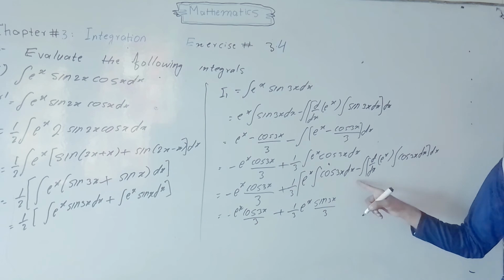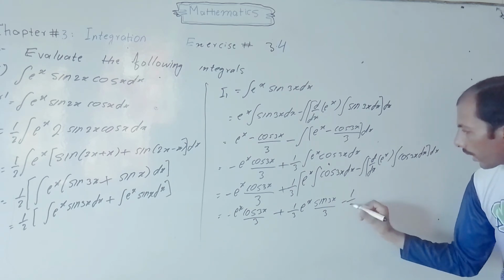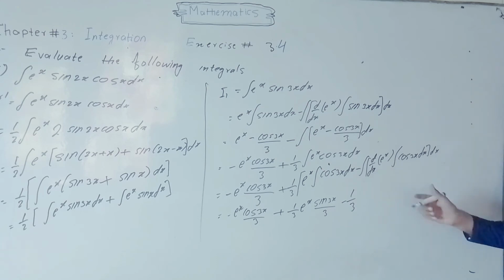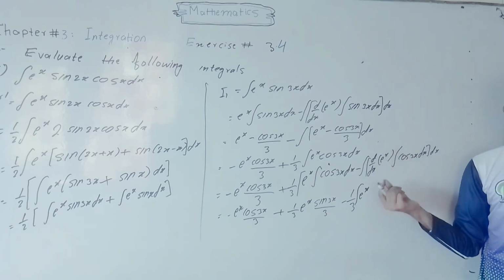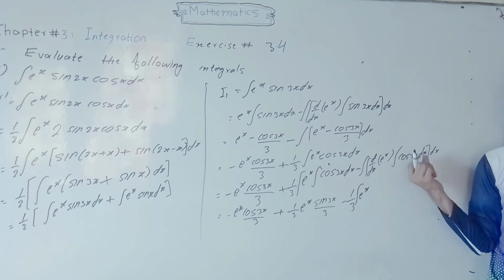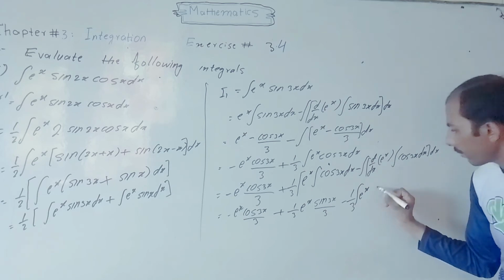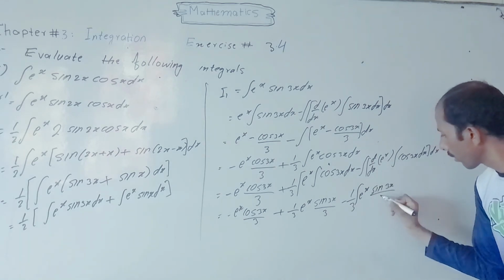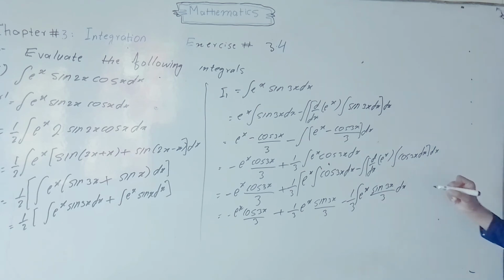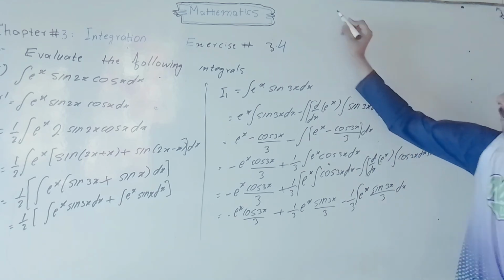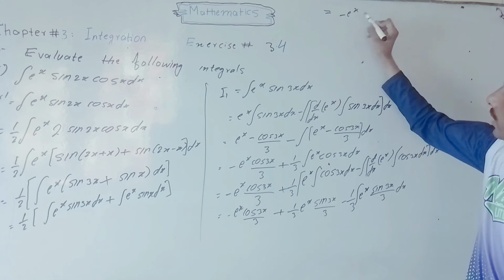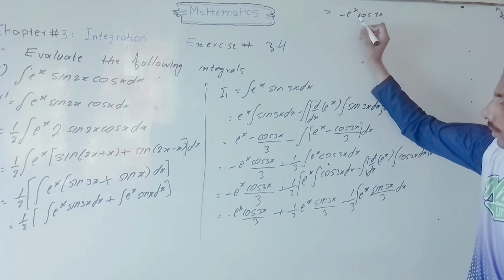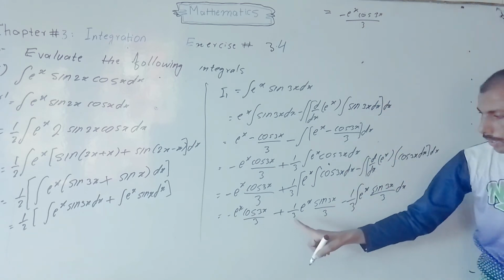So 1 divided by 3 multiply in this term minus 1 divided by 3 integral of e power x, so derivative of e power x with respect to x is equal to e power x, integration of cos 3x with respect to x is equal to sin 3x divided by 3 into dx, which is equal to minus e power x cos 3x divided by 3 plus